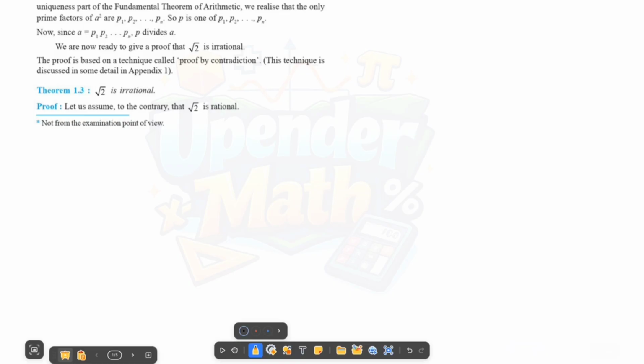Theorem 1.3: prove that root 2 is an irrational number. So we have to prove that root 2 is an irrational number. To prove this, we will use proof by contradiction, right? So we will prove it by proof by contradiction. Let us assume that